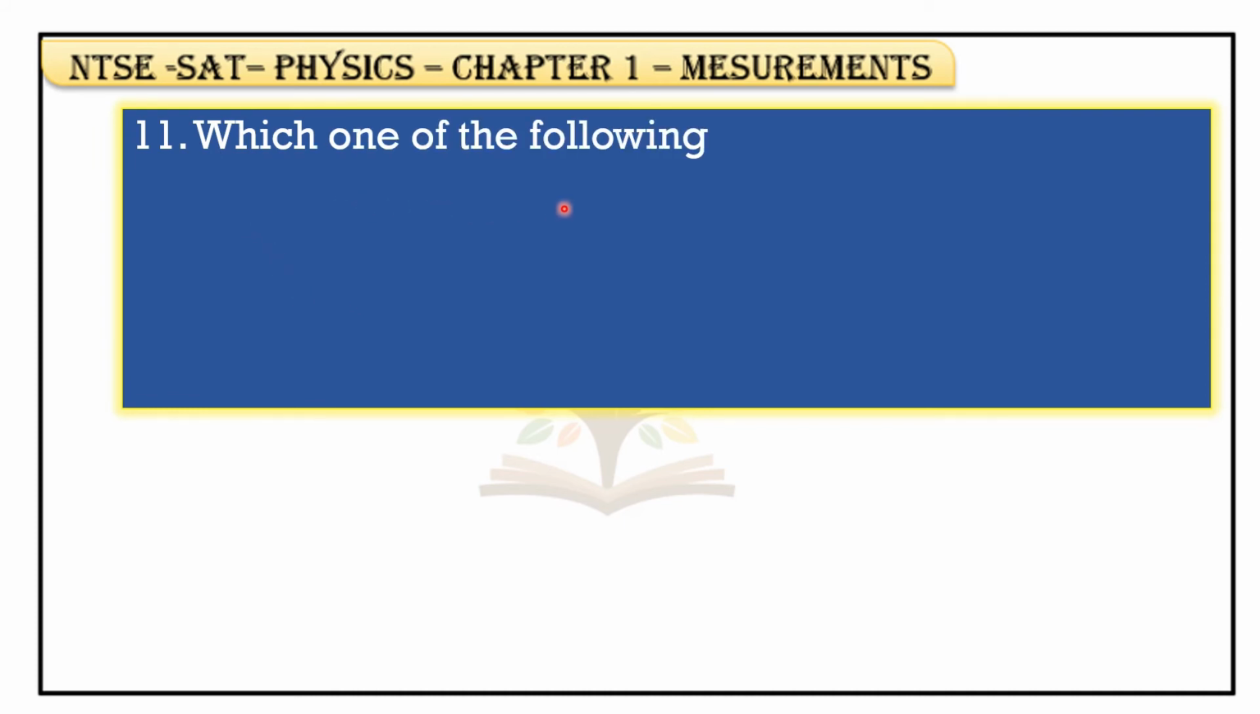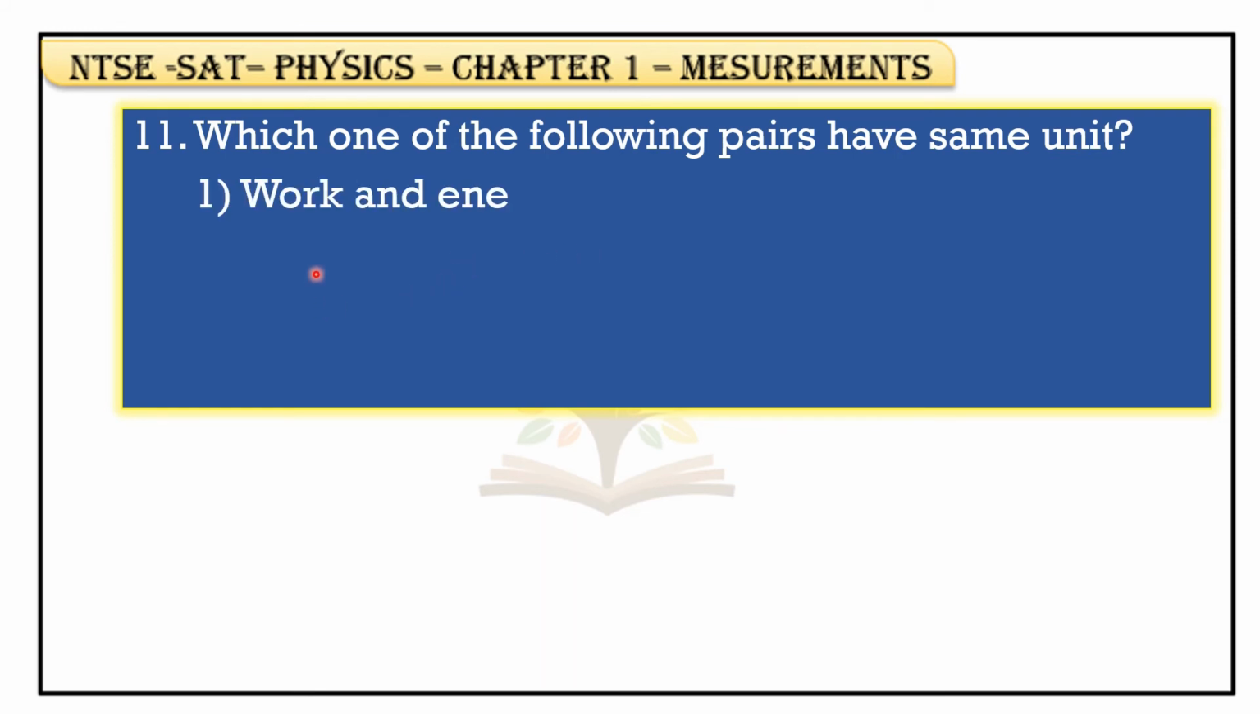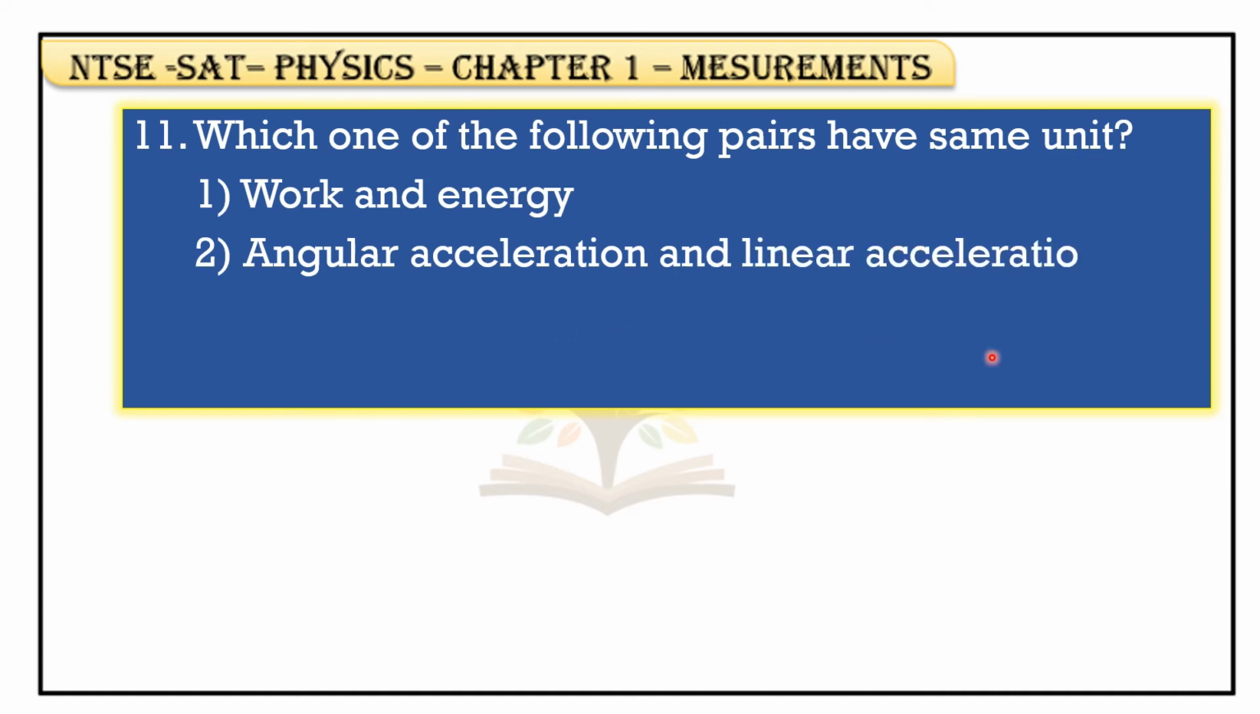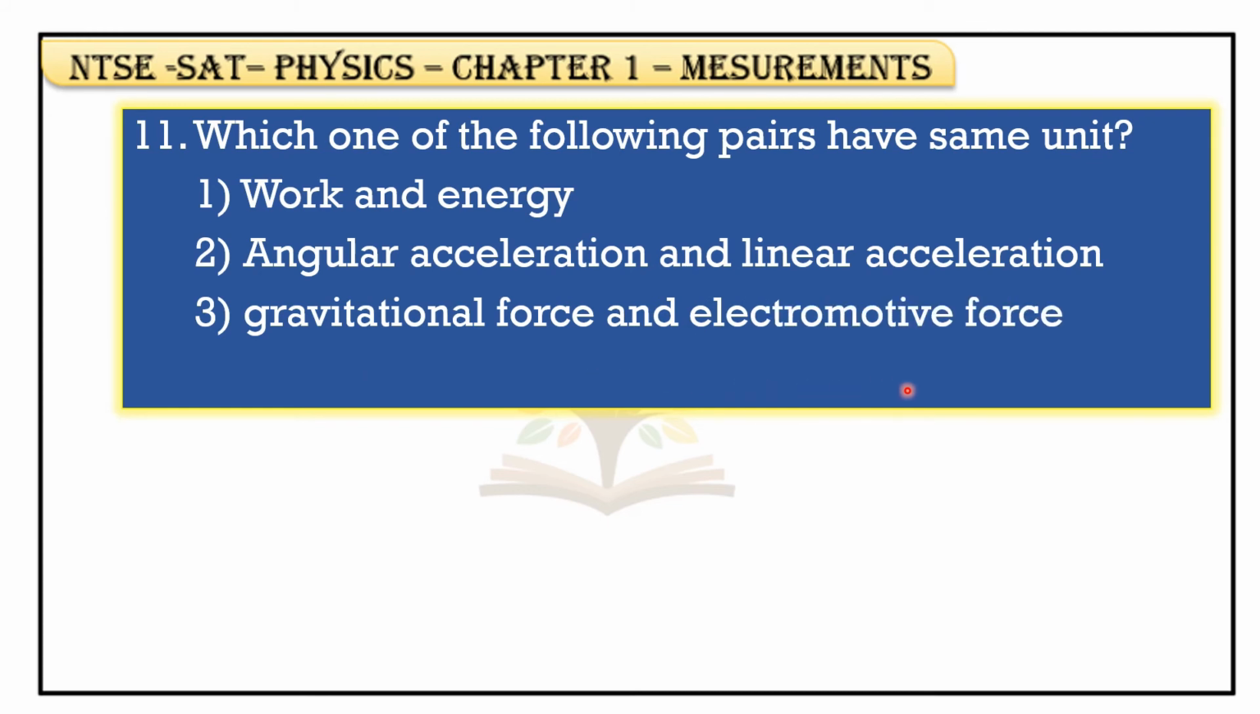Which one of the following pairs have the same unit? Work and energy, angular acceleration and linear acceleration, gravitational force and electromotive force, none of these. So here among these four options, which pair has the same unit? Work and energy. So work and energy have the same unit. Okay, next,